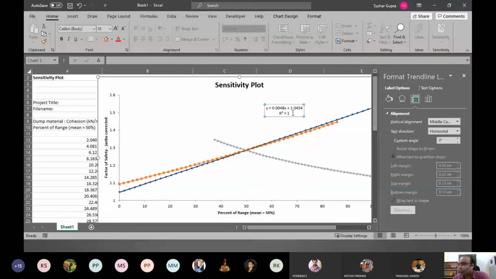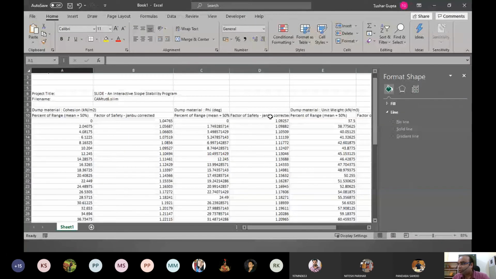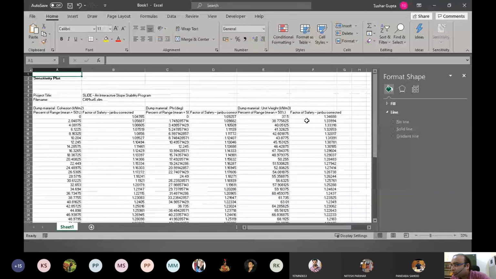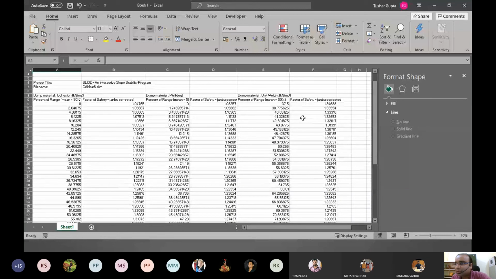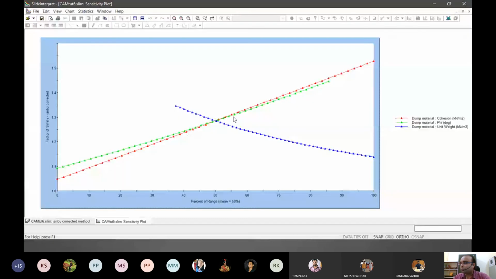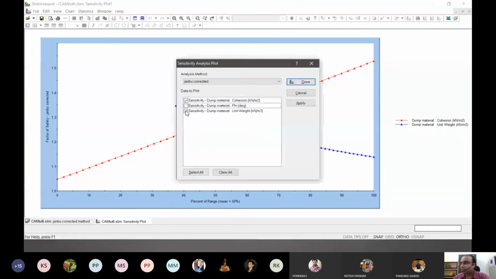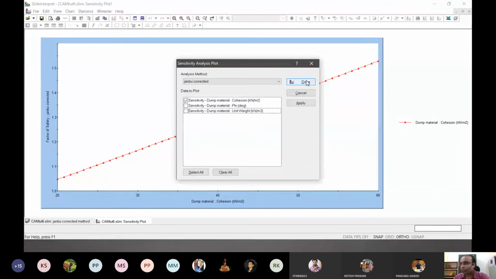okay, there will be this problem that because it is plotting against the percent of range, that won't be a representative sensitivity index. So what we can actually do is, no, this gives all the percentage range. So let's not do that. Let's go for individual plots, because that's what gives the x-axis the actual values.